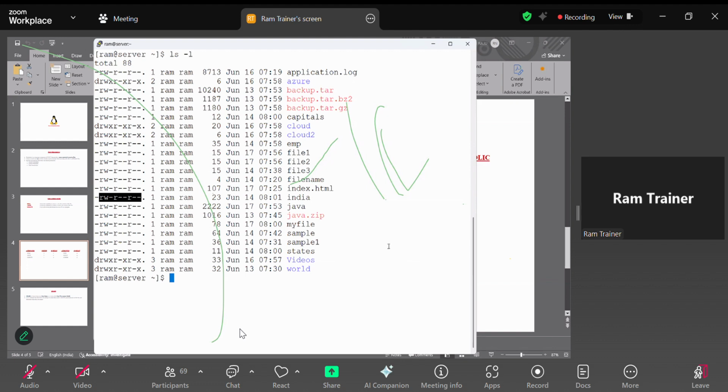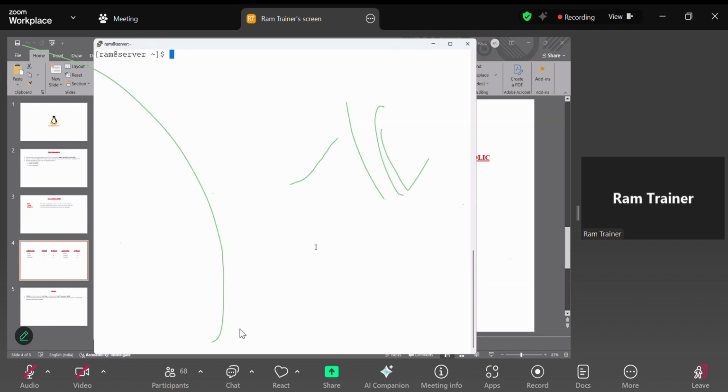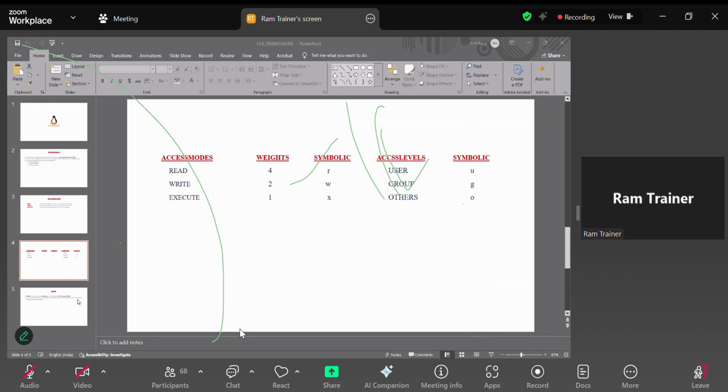What about these 3 fields? I mean these 9 bits. Am I correct? Right. The next important thing,